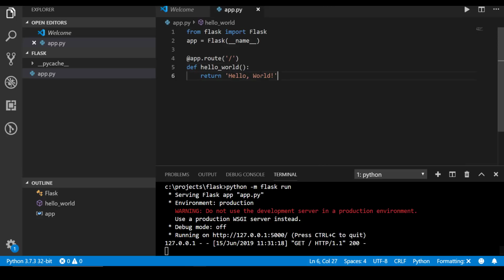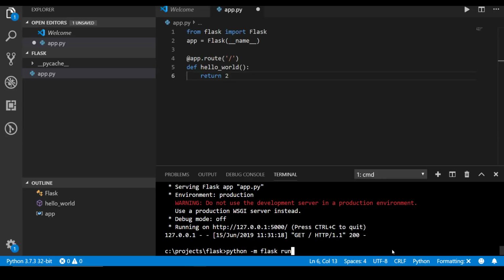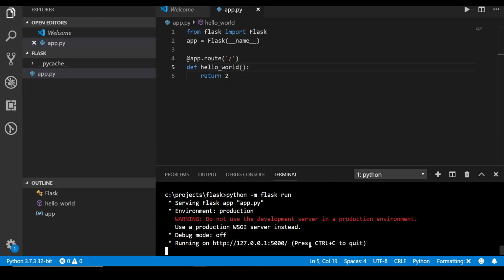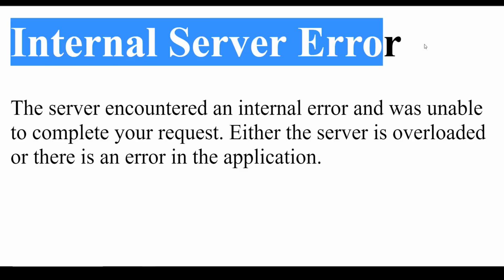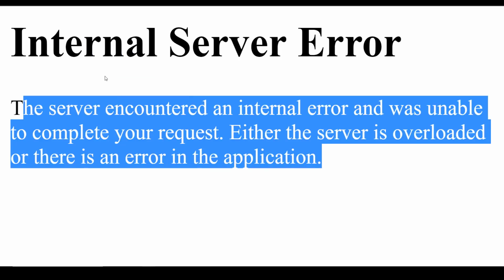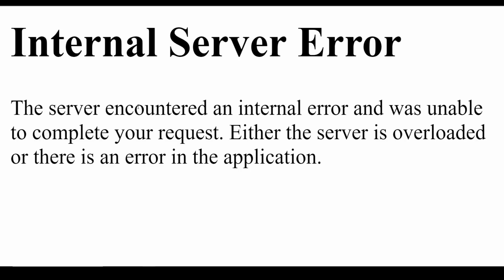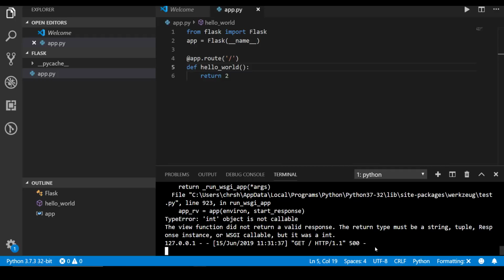What I want to do now, though, is show you guys how to enable debugging. If we were to say, you know what, this is going to return a number, which is invalid, we have to restart the server and make sure this is saved for this to take effect. And we're going to say flask run, and then when we go to this, we're now going to get this internal server error. But it doesn't give us any information. The actual error that occurred is hidden behind the scenes, because typically you do not want your end users to see what sort of stack trace errors are going on, because then they can manipulate the system. So by default, Flask is in the production environment,